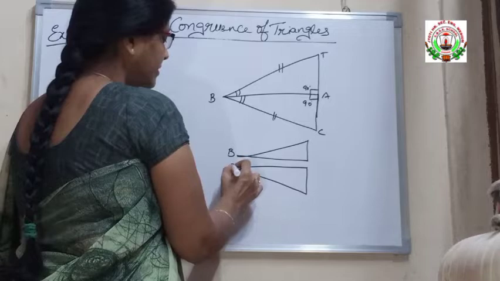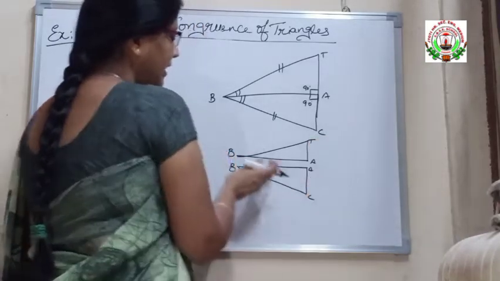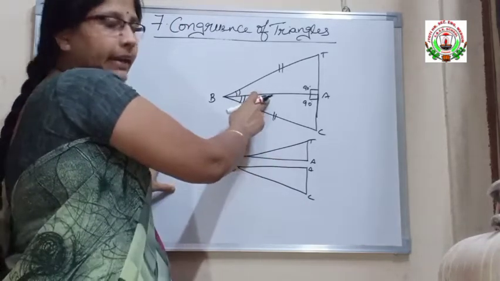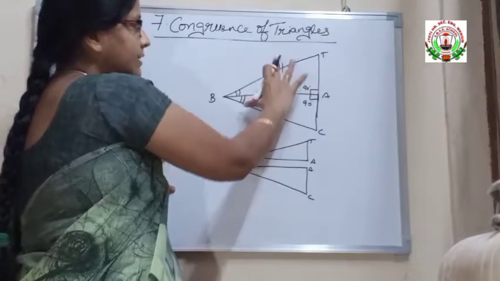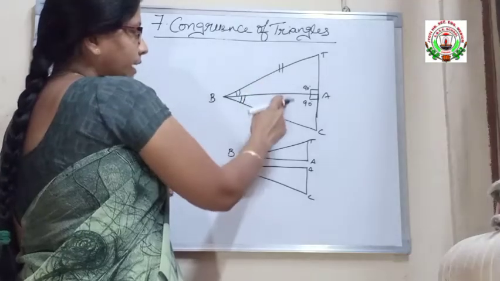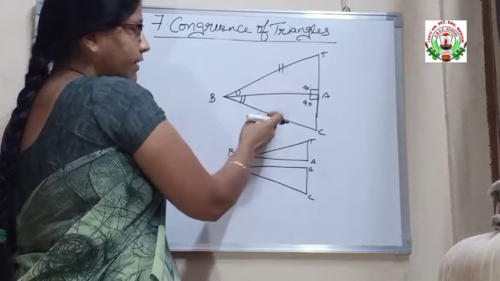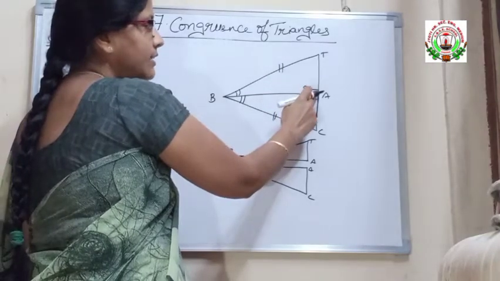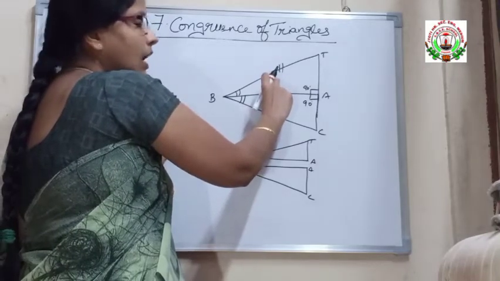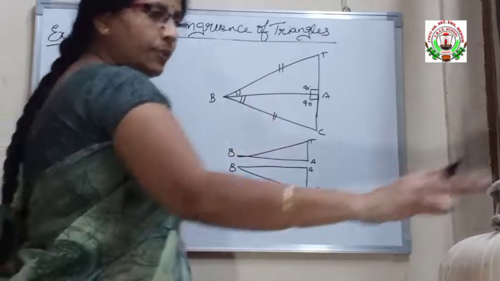This is B, this is also B, this is A, this is A, this is T, and this is C. They have joined these two triangles to form one triangle. But there are two triangles in this one single picture. This is the one and this is two. So they have given the angles which are equal, they have given the sides which are equal, and here you can see it is 90 degrees on both sides, and they are asking by using which property these two triangles are congruent to each other.